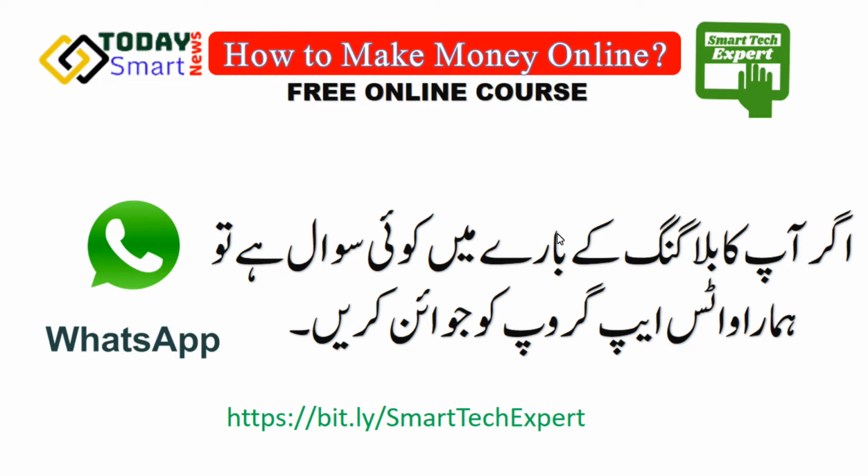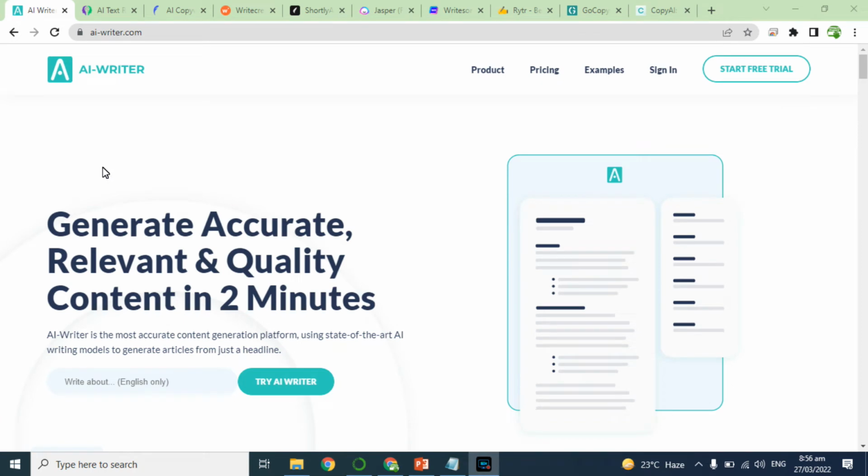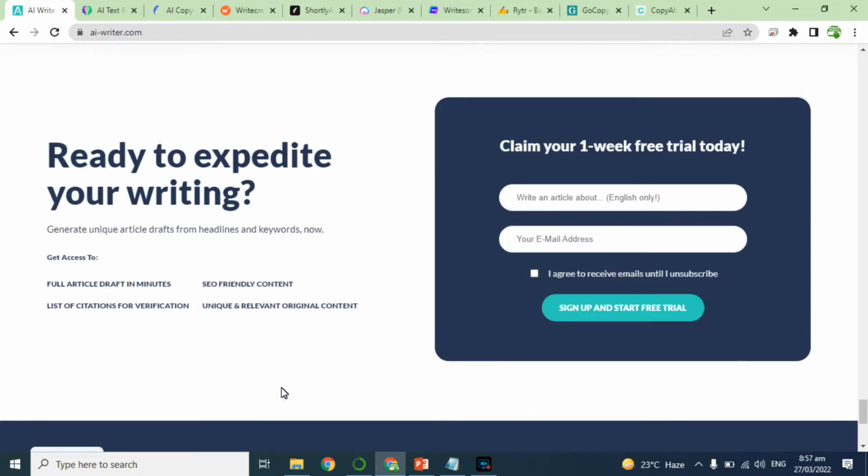So let's start regarding top 10 best AI generator tools. I have turned on the computer screen. There is the first tool, AIWriter.com. You can try this AI writer. Click on this and claim your 1 week free trial. Write an article about English, email and sign up and start on free trial. You can get easily these options, and if you visit regarding the tools,